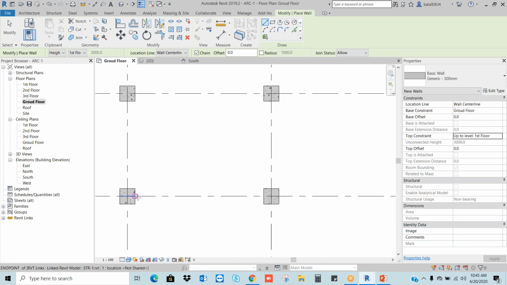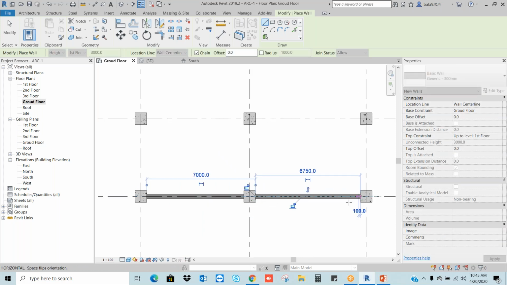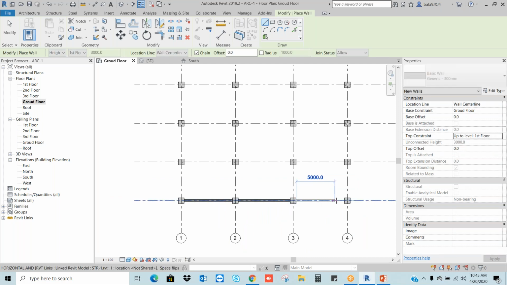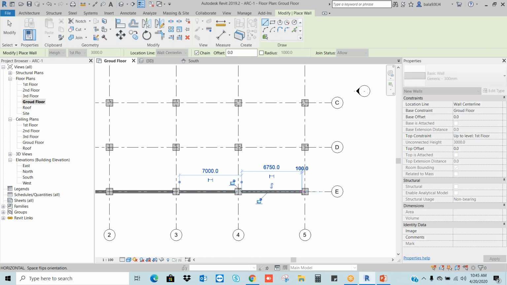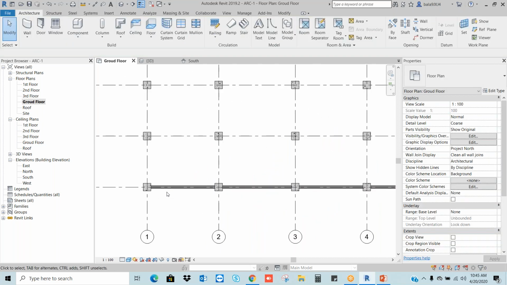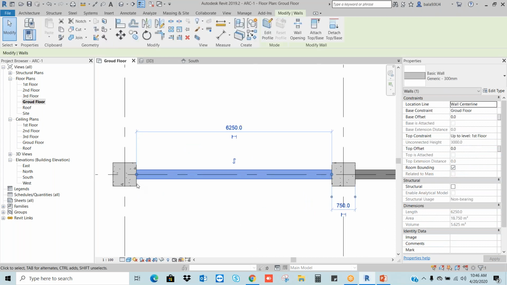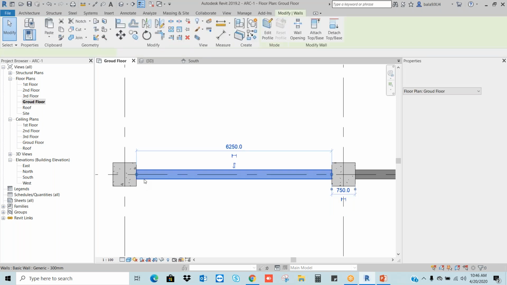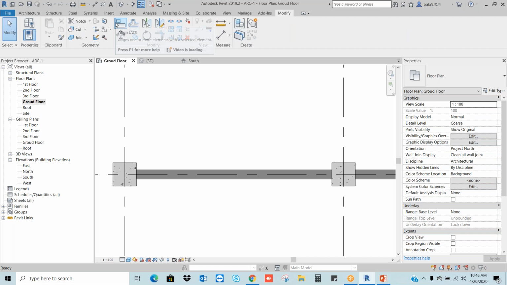generally how we construct the wall from between column to column, correct? See, one wall, second wall, third wall, fourth. But generally what we do, we construct our exterior walls to align to the column of the exteriors. Let's say, for example, I want to align this wall to the column edge. So which command do I need to use? Go to the modify and the align command in the modify.